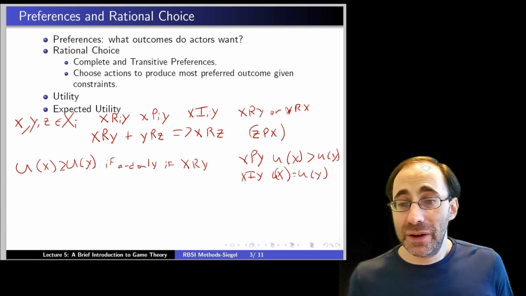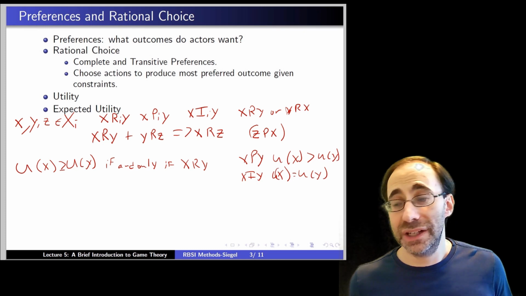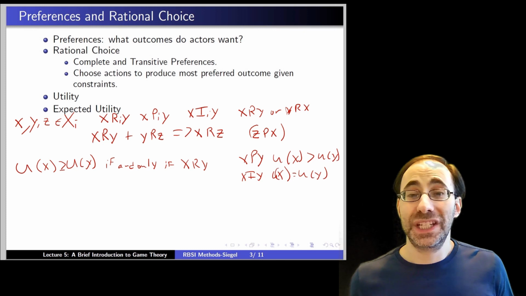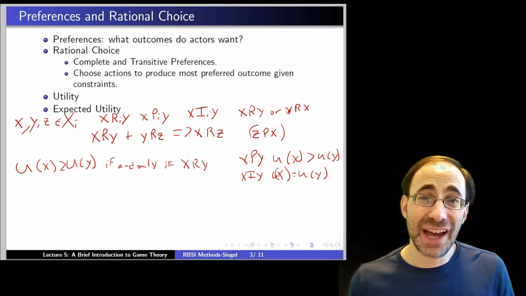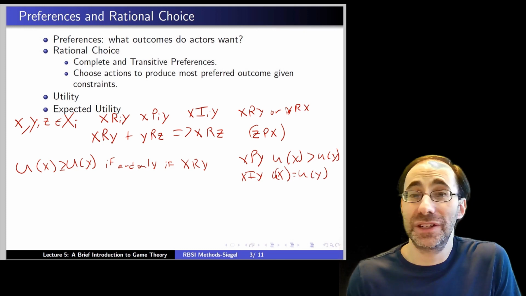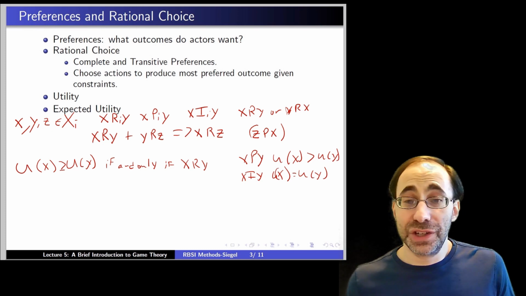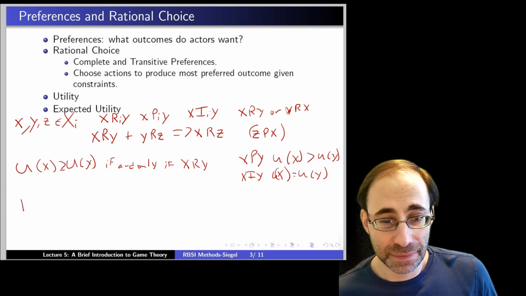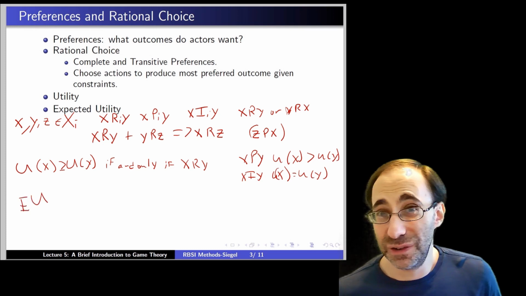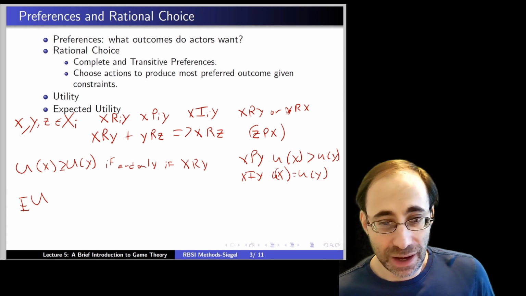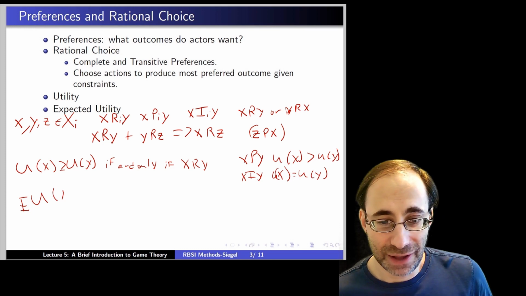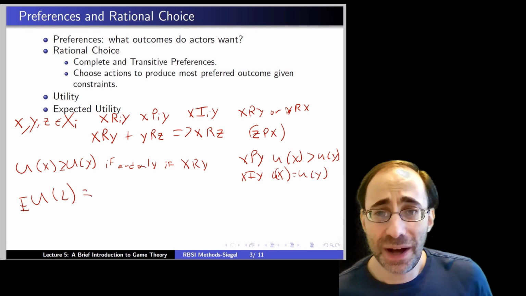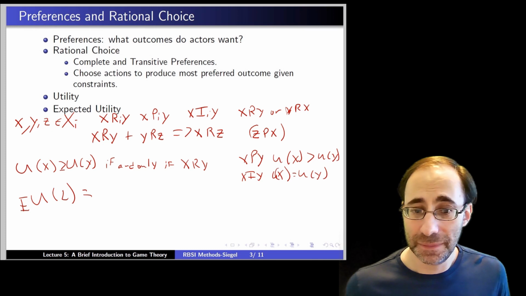So, how do I use this? Well, what I can do is figure out how to convert a lottery to what's called an expected utility. It's the utility I expect to get if I were to play this lottery. And for discrete outcomes, it's relatively simple, and I'll write it here. The expected utility, EU, of some lottery L, and let's say there are only two possible outcomes in this lottery, x and y,